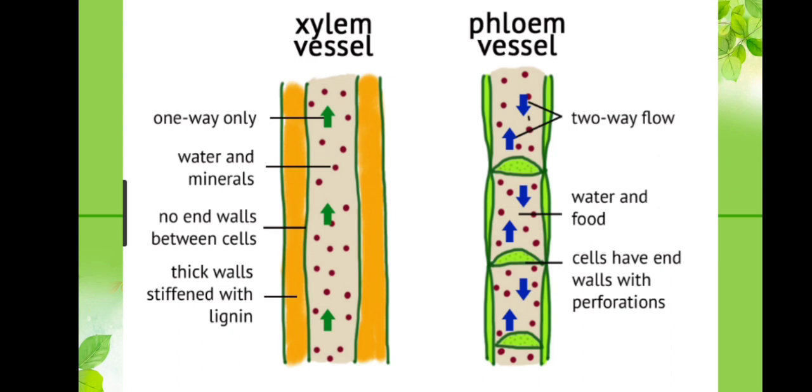This slide shows the xylem vessel and the phloem vessel. The xylem vessels are arranged in longitudinal series in which the partition walls, the transverse walls, are perforated, so the entire structure looks like a water pipe. Their main function is to transport water and also to provide mechanical strength. Phloem vessel allows two-way flow of the stored food materials. Water and food are translocated to all parts of the plant.